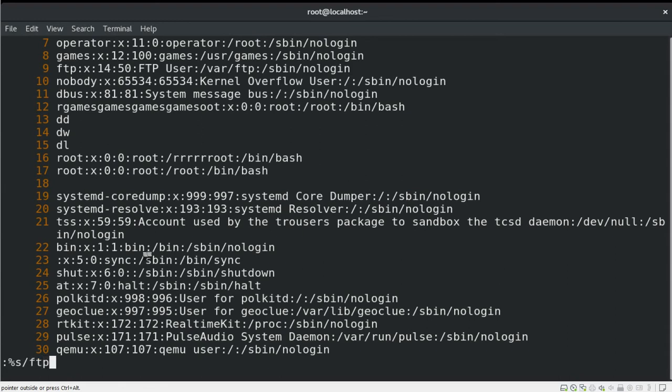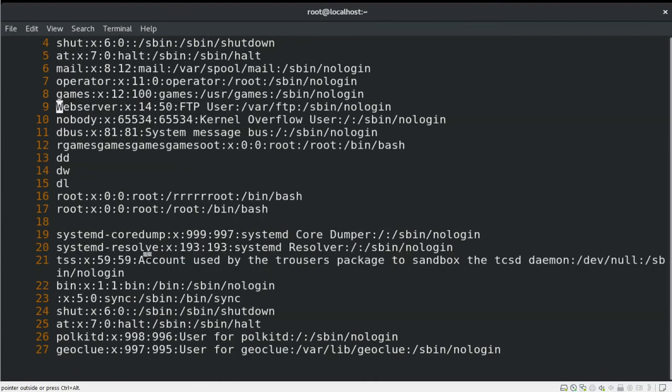For example, FTP that I would like to search and replace with web server. What it will do is first search the FTP keyword in your file and replace it with web server. Now you can see here the changes have been made in the file. So this is how you can do search and replace in your file.